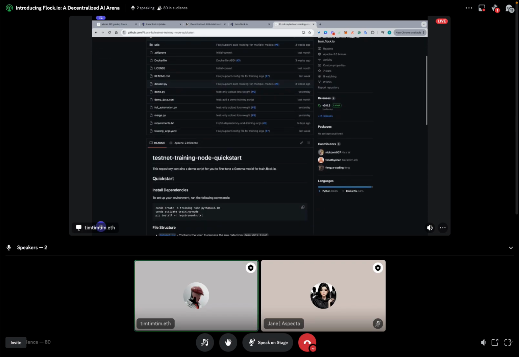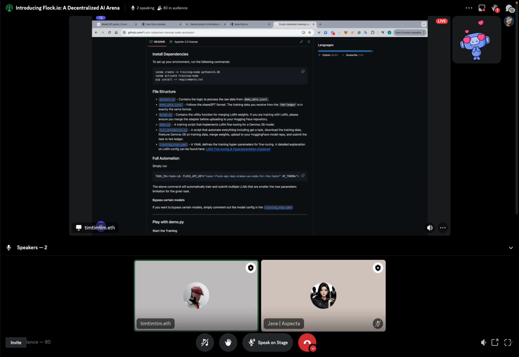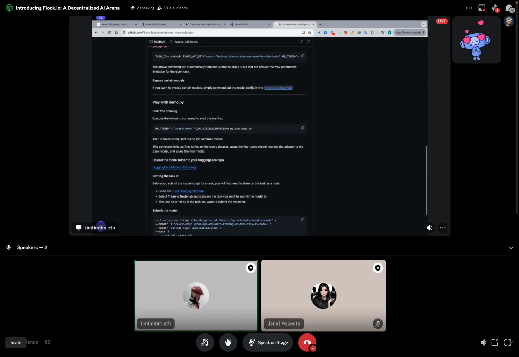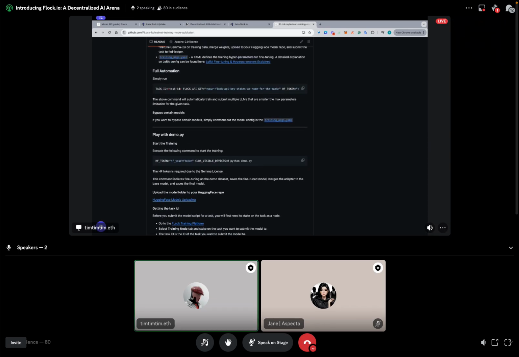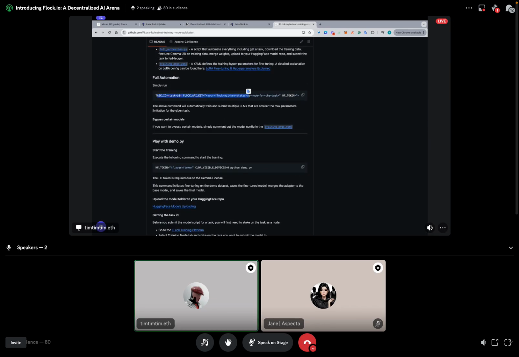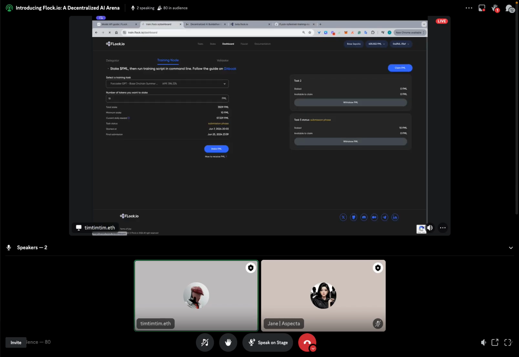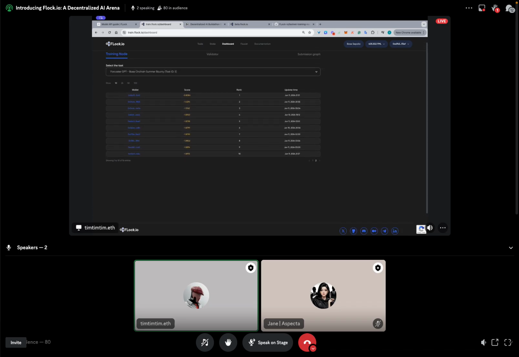It gives you a steady guideline to set up your environment, and also helps you to run your first training task. For example, here you can just run the full automation to do a test run. But if you want to score a better training loss, if you go to the dashboard, you'll be able to see the ranking board. Currently there are people participating already.